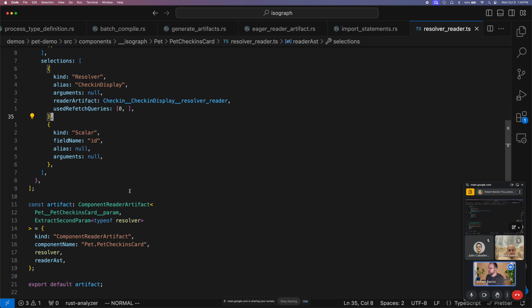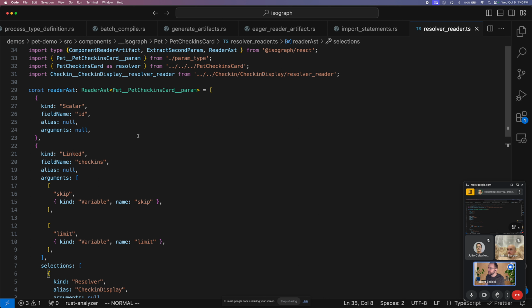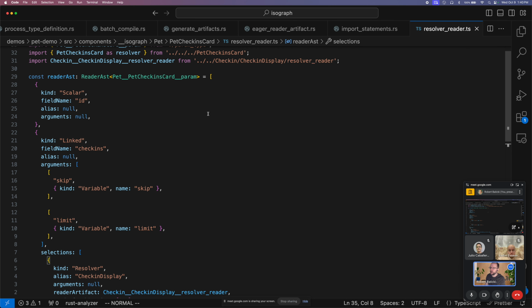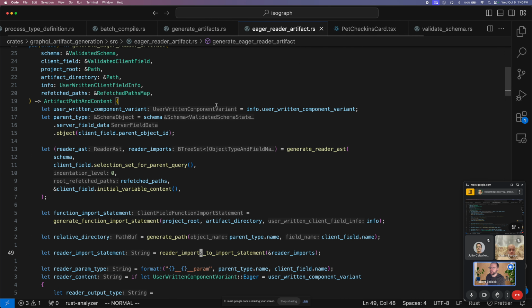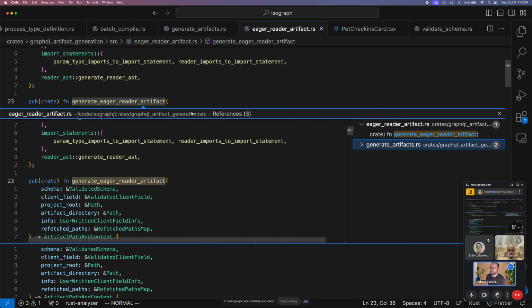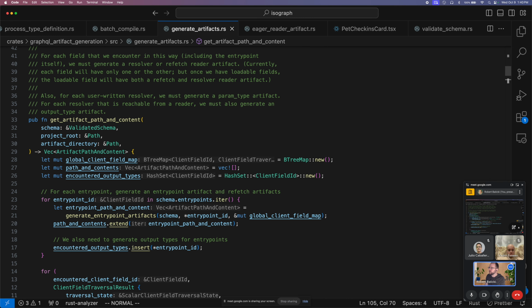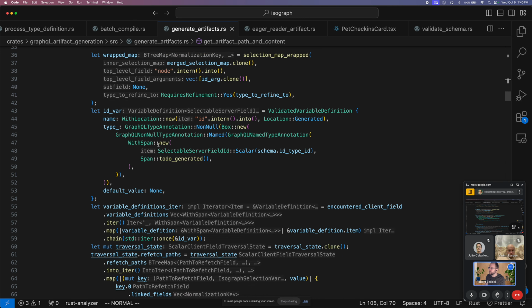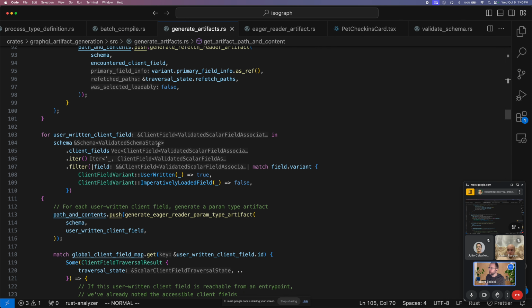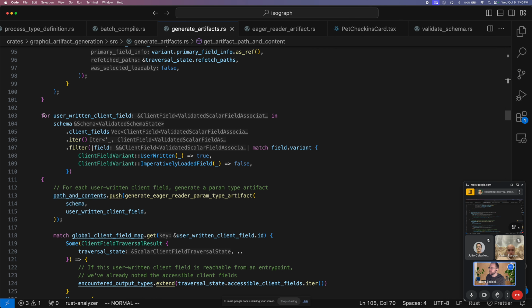Let me take a look at this reader artifact and just see if there's anything else. There's not anything else that I particularly care to. That's how we generate reader imports. Reader artifacts. Okay, and then